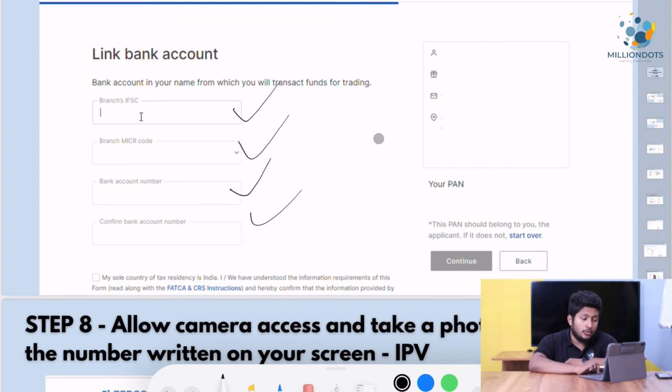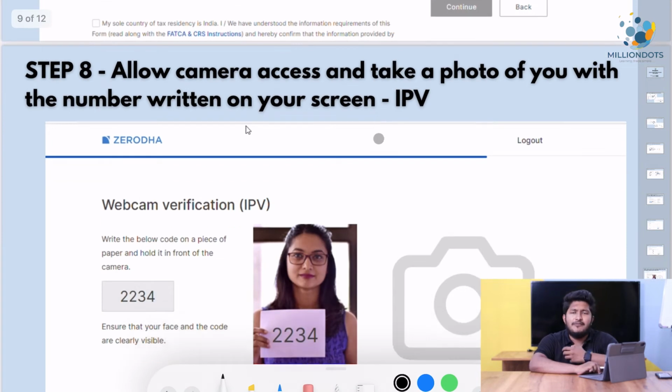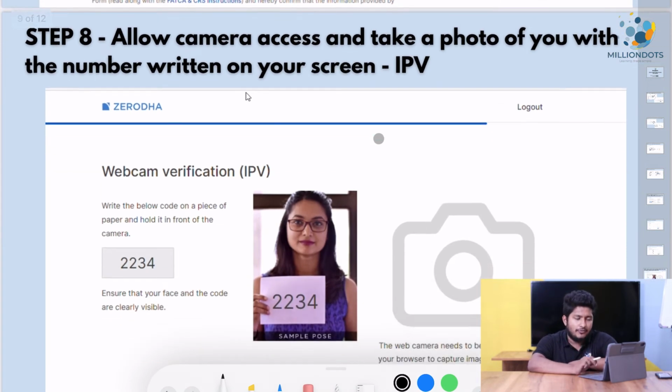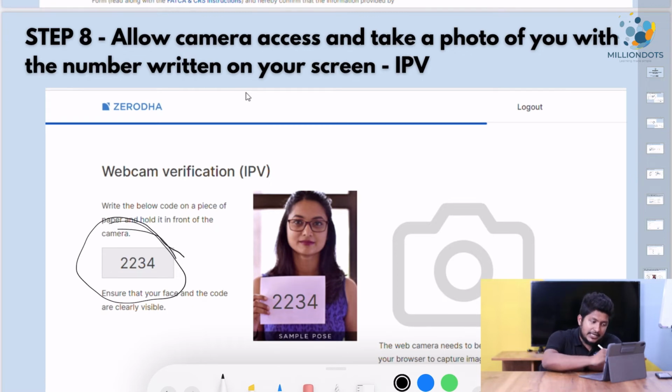Now you have to go to the IPV. It is a webcam verification that you have to do. You will be redirected to this page where you will have this number. What you have to do is take a piece of white paper and write this particular number in a very big font. You should write it with a marker or pen, and you place it like this in front of your